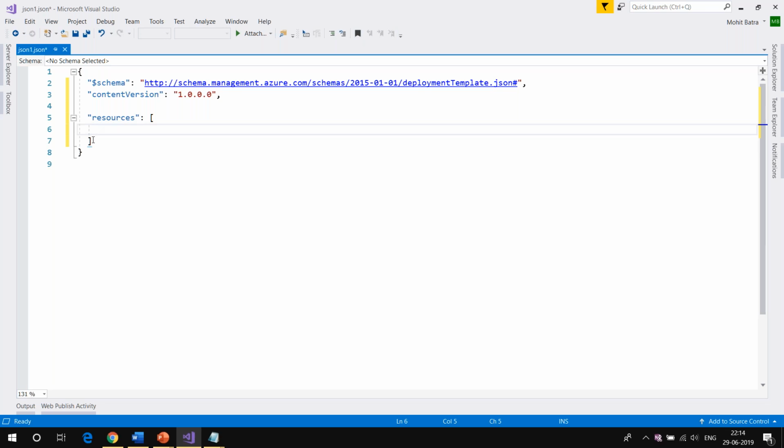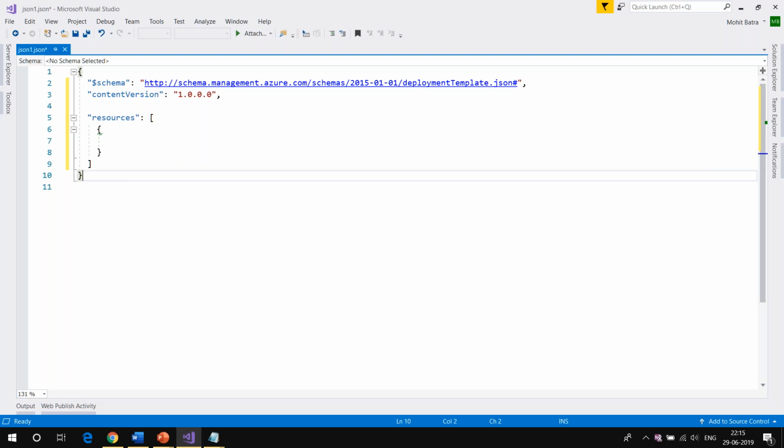If I want to create a VM, I'm going to put all the information of the VM under this resources section. If you have not worked with JSON before, that's okay, because every time you don't need to create all this manually. But the important thing is that you need to understand what is there in the ARM templates.